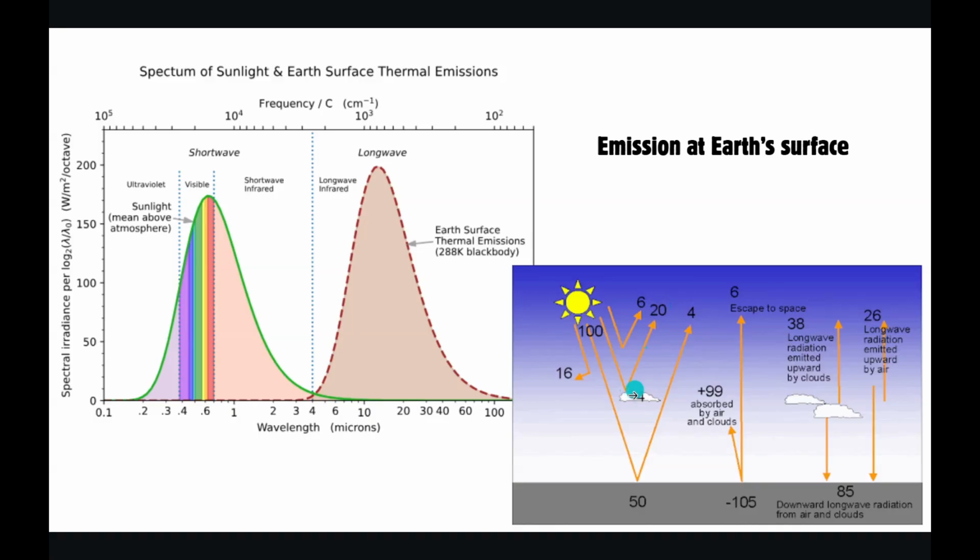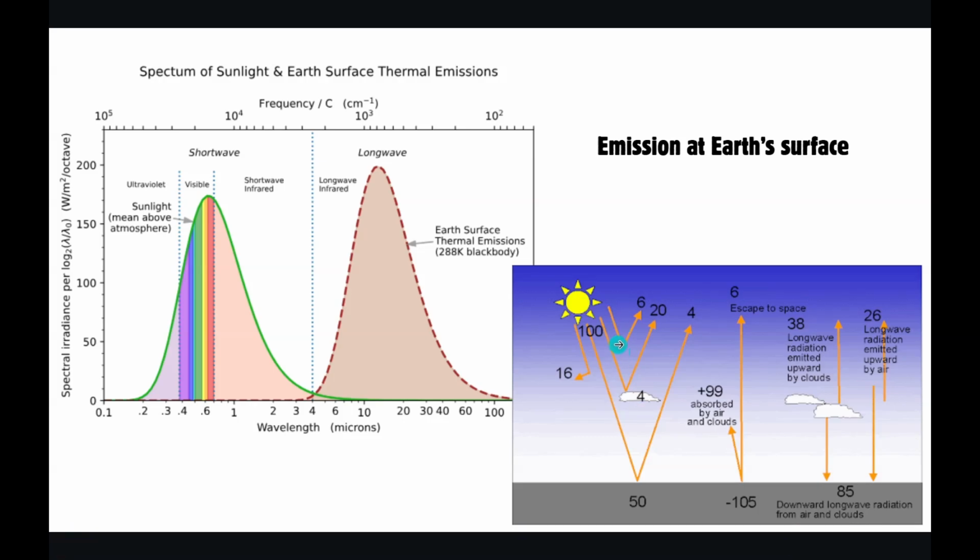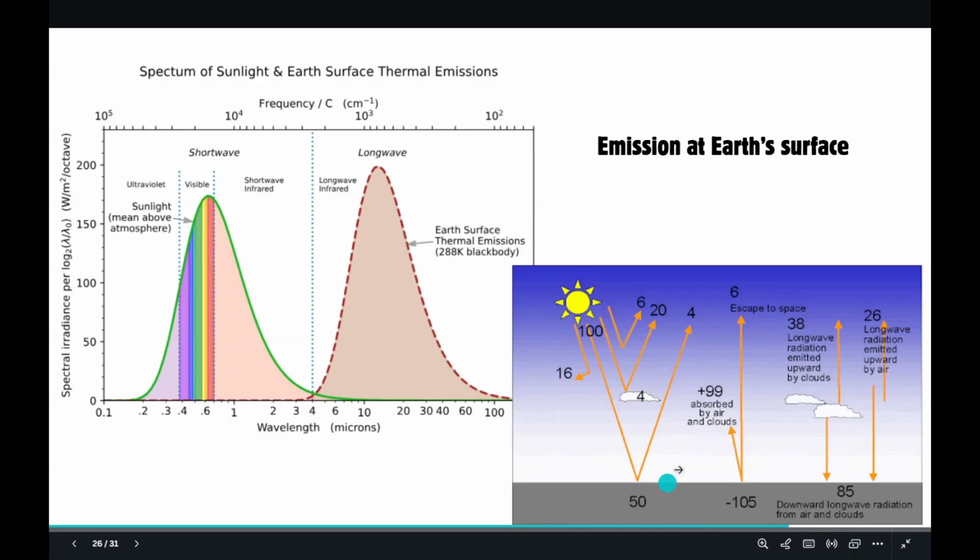So 20 components are being released back, or emitted back, into outer space. Out of the 50% that interacts with the earth's surface, 4% is reflected back into outer space, which means around 46% of it is absorbed. So here you see, right before entering the atmosphere, 6% of the total solar radiation is completely reflected back into outer space first itself, before it even enters the atmosphere.